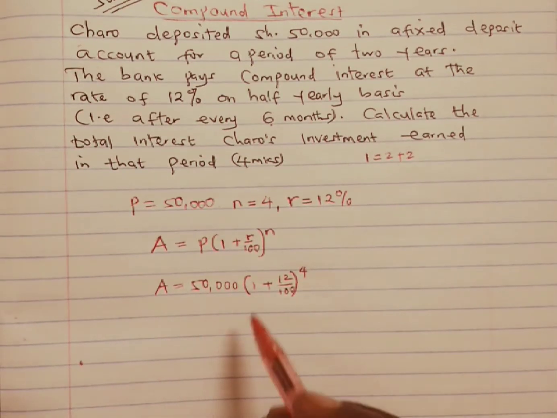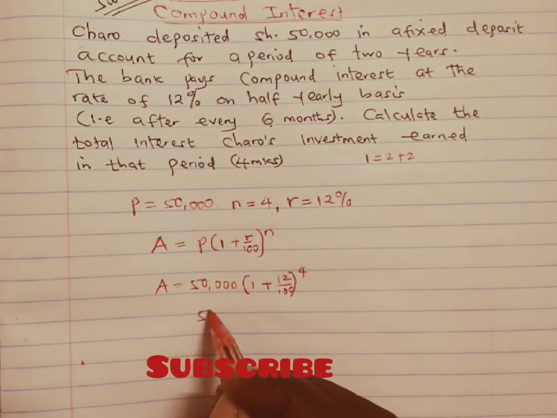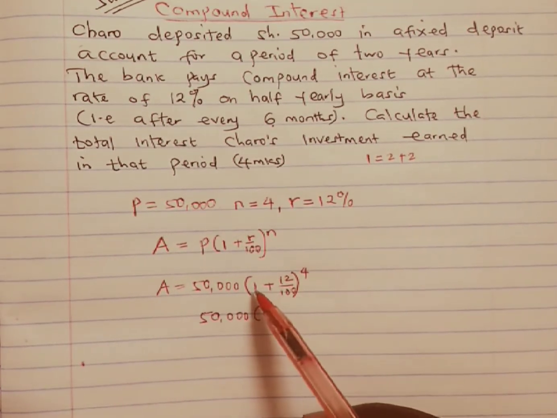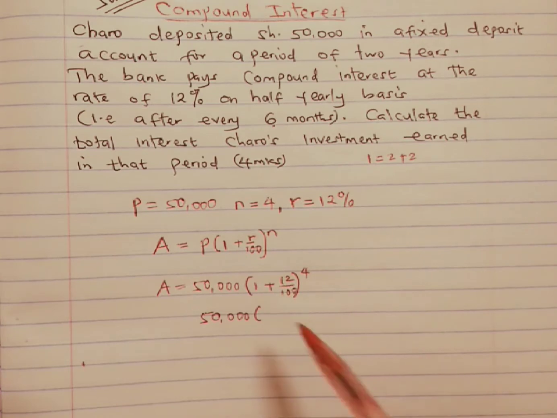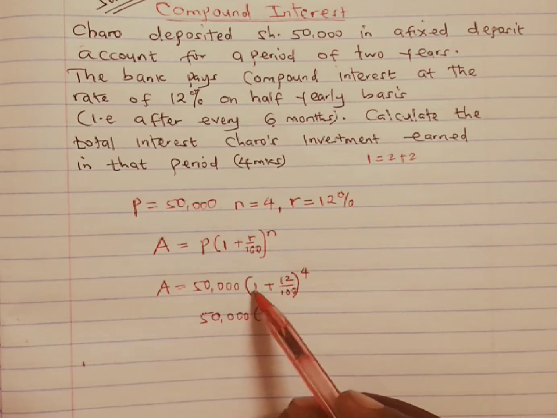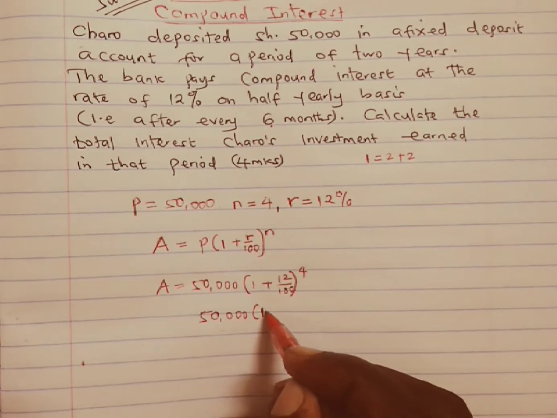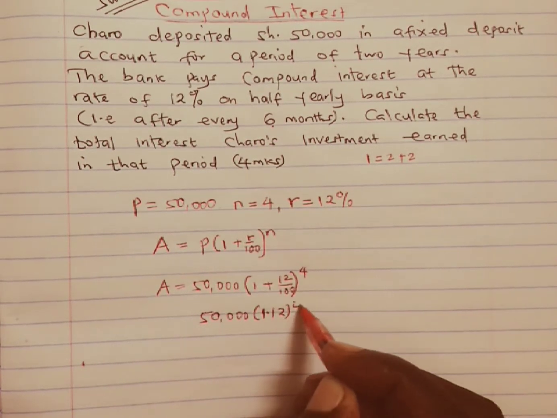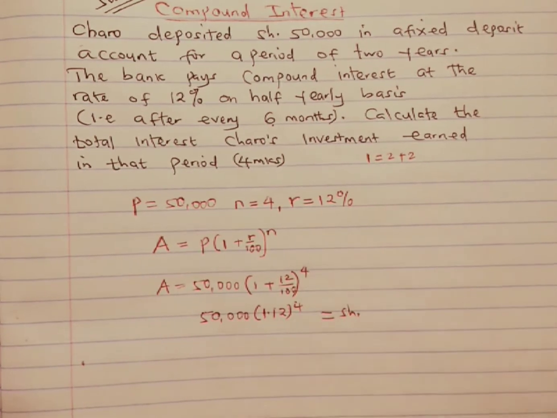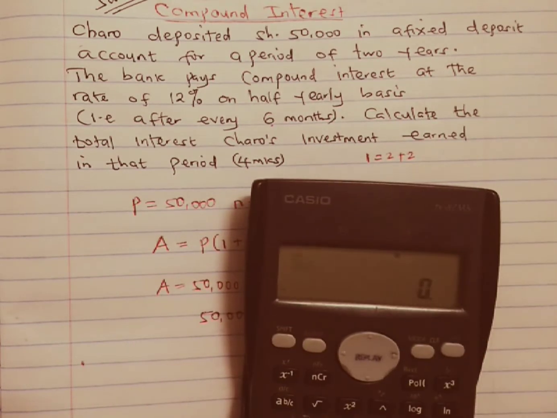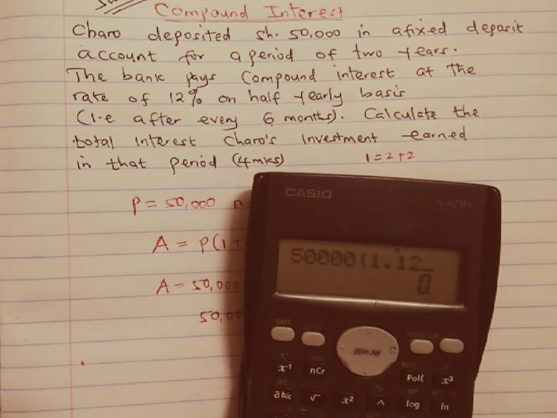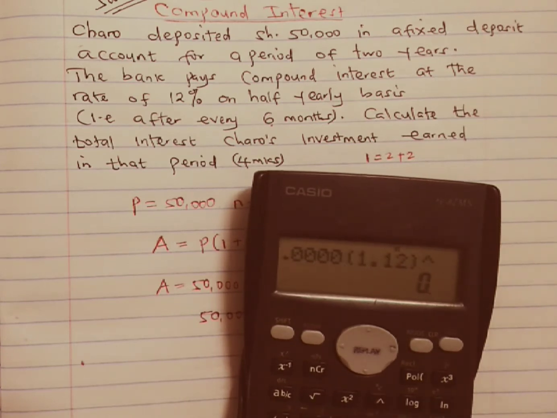From there we know this is going to be equal to 50,000 multiplied by 1 plus 12 divided by 100. This is the same as 12 divided by 100, which is 0.12, plus 1, giving us 1.12. We raise it to power 4. And this one is going to give us a total of how much? That is 50,000, open the bracket, we have 1.12, close the bracket, then we raise everything to power 4, and